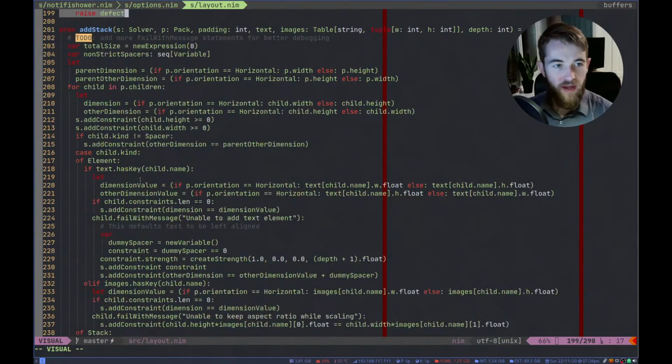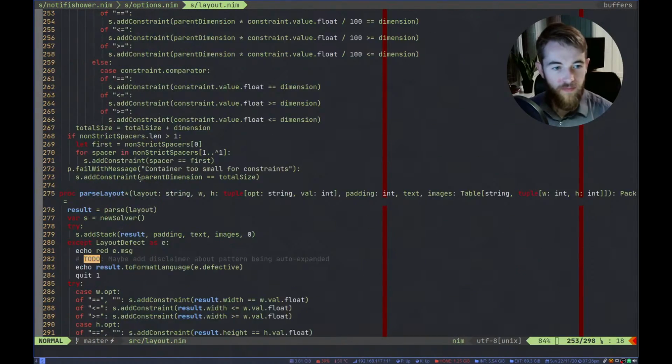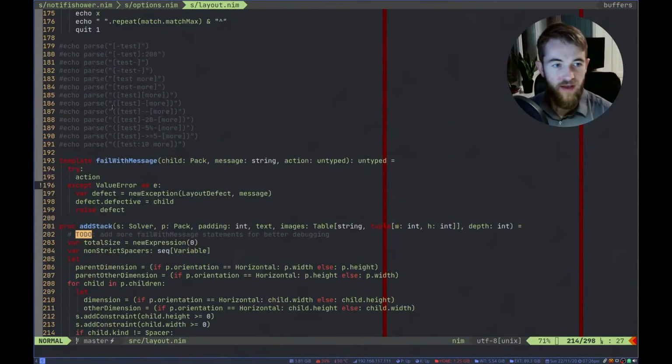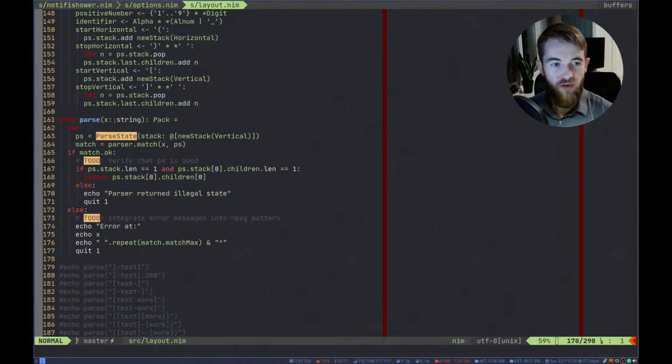But then, when we parse the layout here, this parse thing needs to return two things, not just the pack, but also the table from parse state with all the different elements.